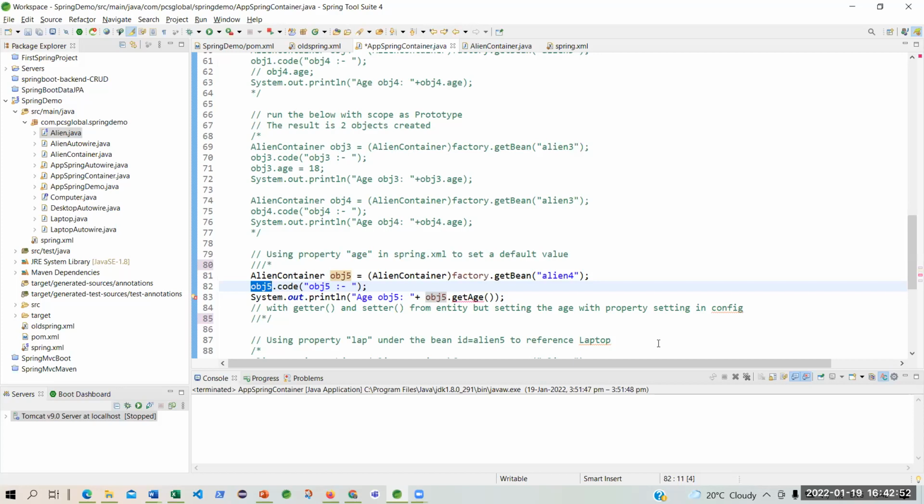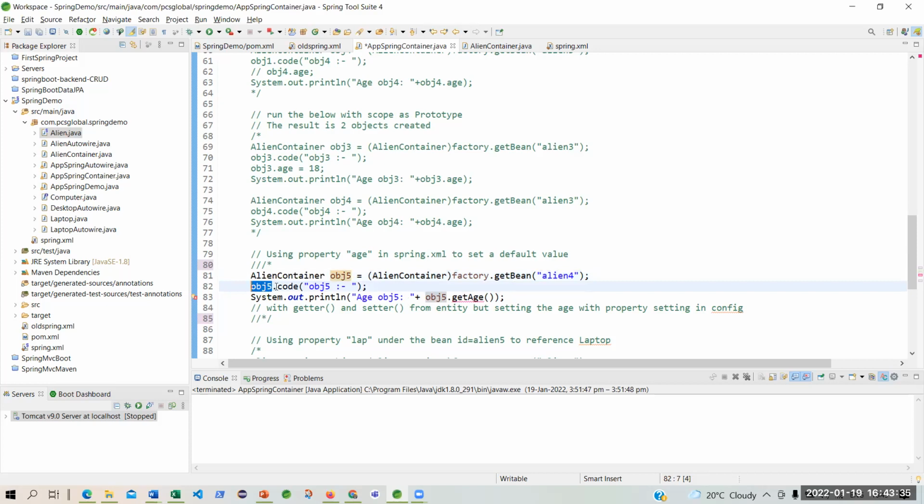Anyone? What is the type of obj5? When you say obj5, align, it's a name. Huh? Align container. This is the type. Why is only Shantan speaking? Ashish, Aranya, so many people are there. So you will also try to respond. Tell me if you didn't understand. I will go again, I have no problem in repeating. Is it okay? Yes, sir.